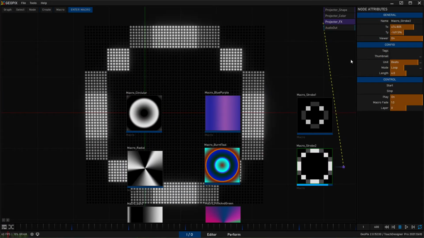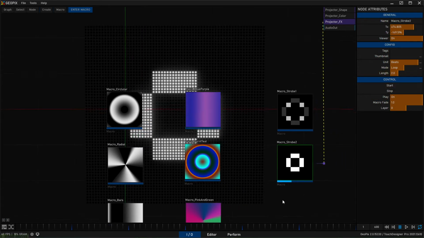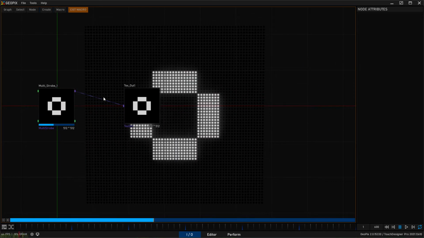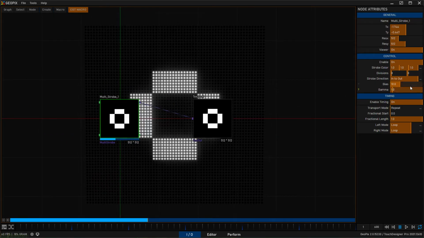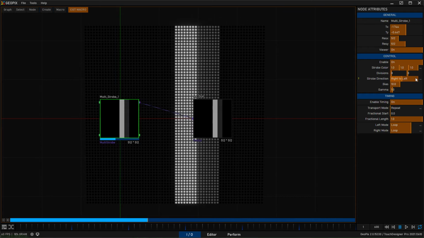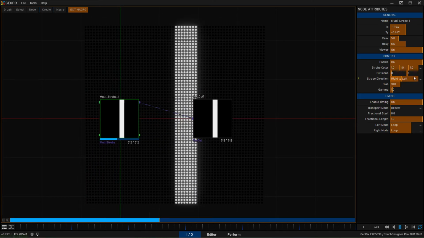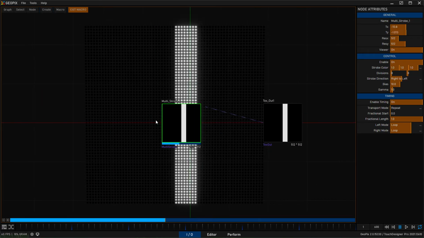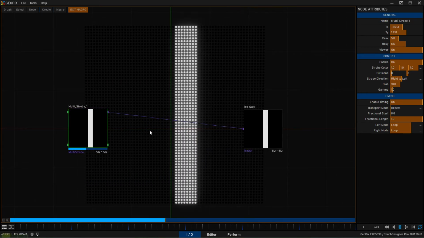We can do that by simply setting the macro to a length of 2, so it's going to double time that. And maybe we also want to have a different type of pattern here. Maybe we want to do something like a left to right sweep, but maybe we want some symmetry, so